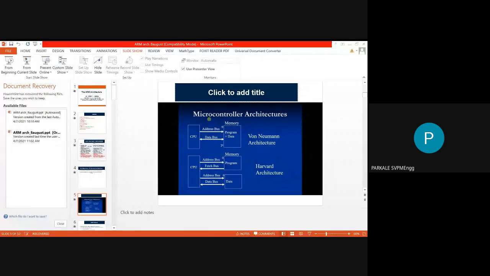They wanted to replace this CISC architecture with a RISC architecture.